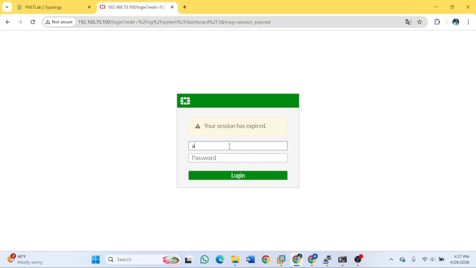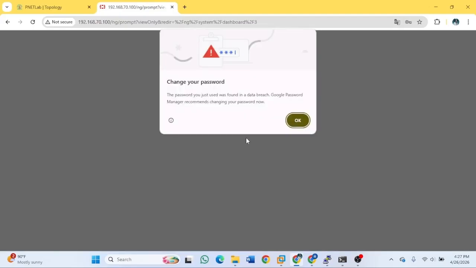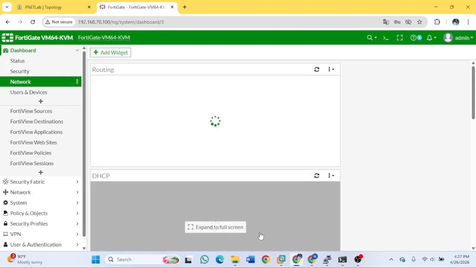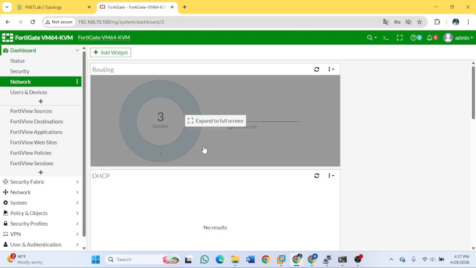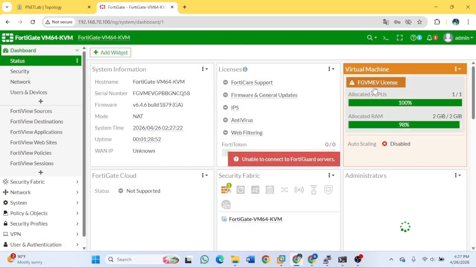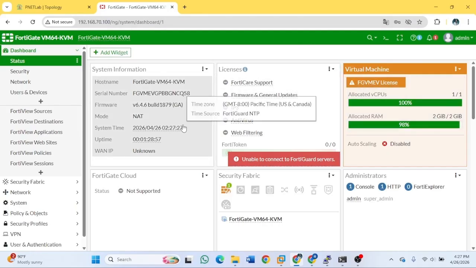This is the GUI of Fortinet. It's all GUI.